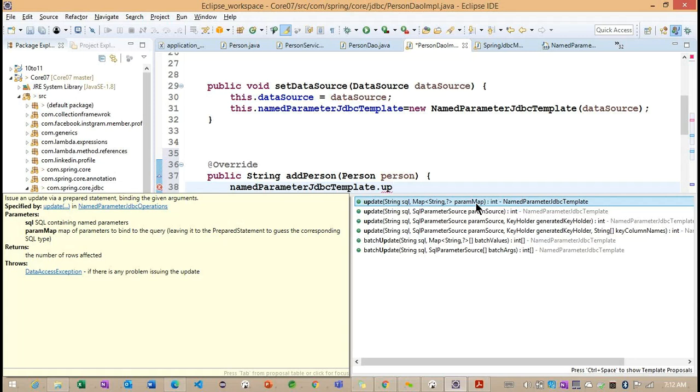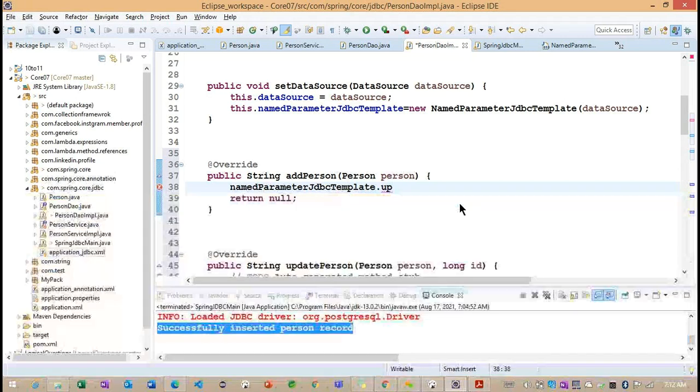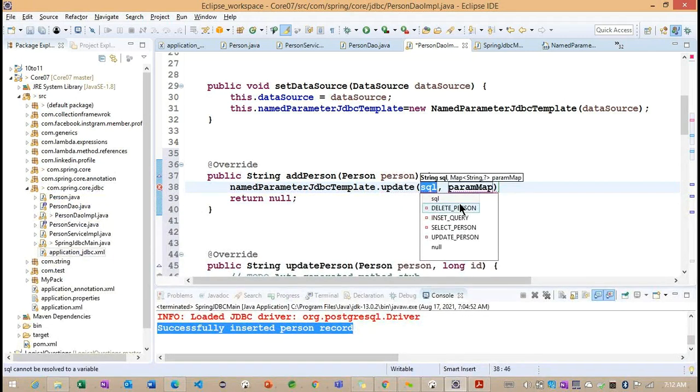Here we need to specify the parameters. What are the parameters we are trying to pass? Those parameter names. Getting the point? Observe here. This one we are going to take, and here we need to update the queries.